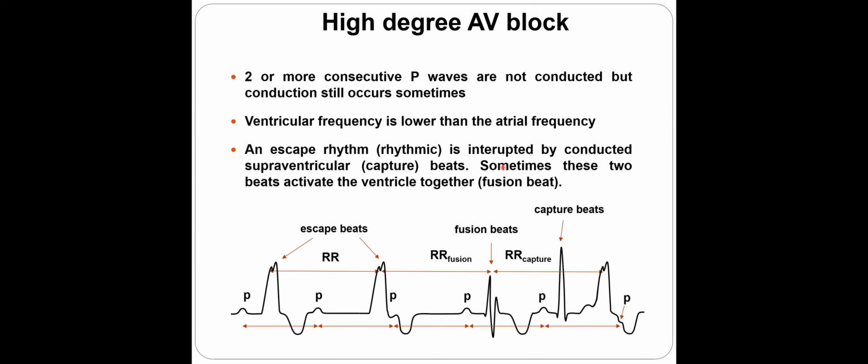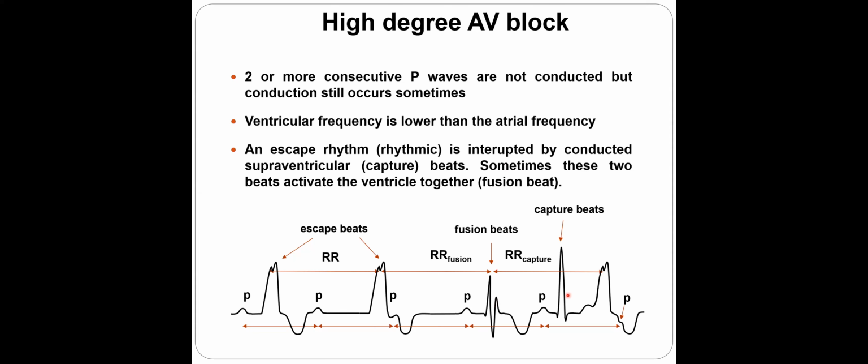And what did I say? When we do have a high degree AV block, it means that more P waves are unconducted, that we have more than only one unconducted P between two conducted ones, and we do have an escape rhythm, because that's slowing down the heart very much. This is why an escape rhythm is coming. So what we will see, we do see P waves, and they come regularly. And when we do have an escape rhythm, it looks like a normal rhythm, of course, a slower one. And sometimes when we do have a conduction,